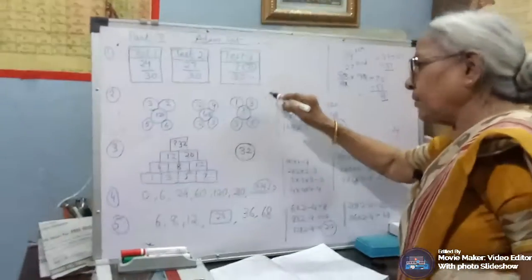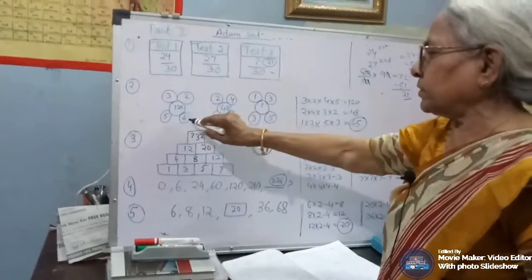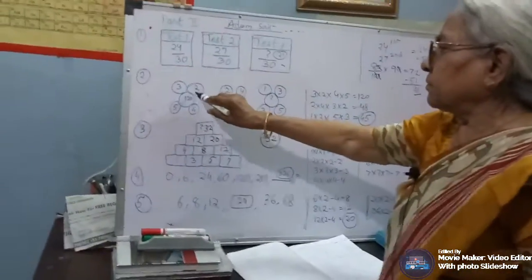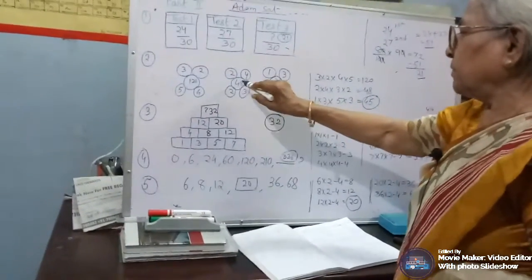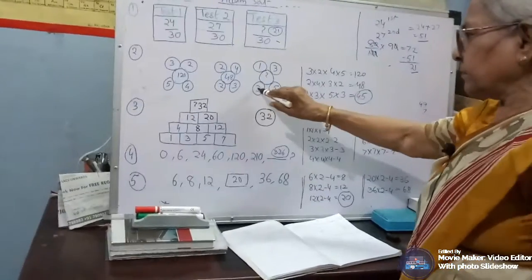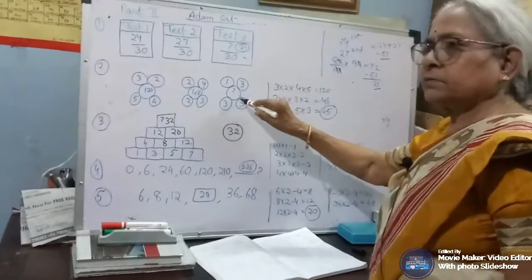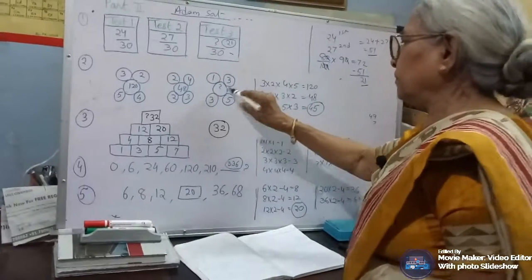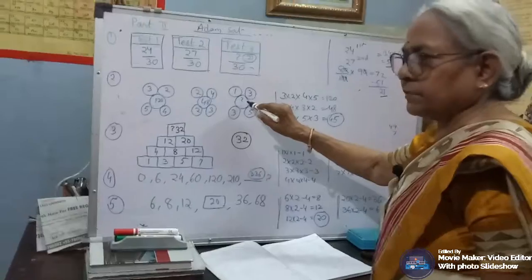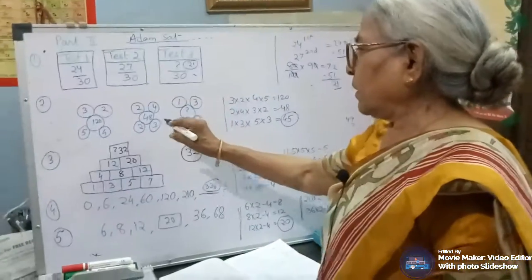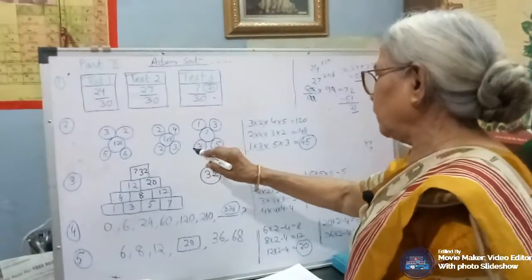Okay. Now second question. Here are 4 circles. Specific numbers are here and in the middle also we are having some mark. So let us see what the sequence is, and we have to find the question mark. Here we have to find the missing number. So how to find it?